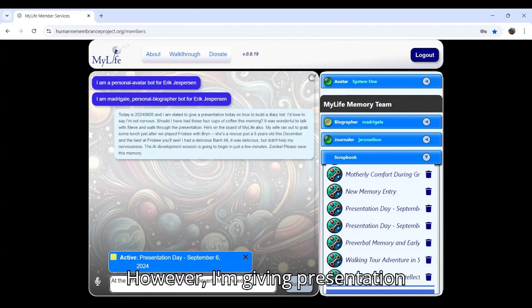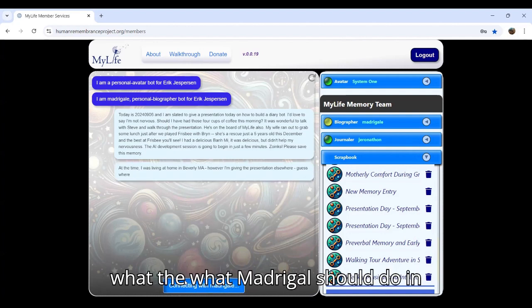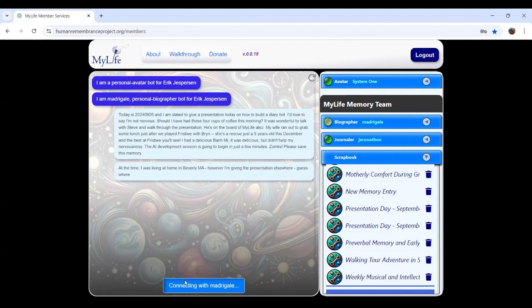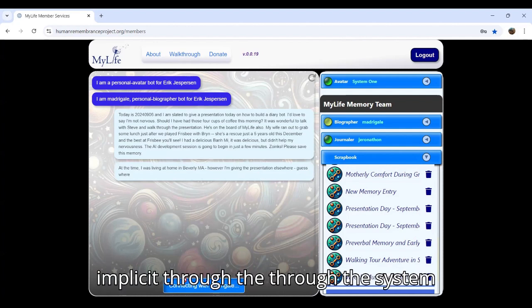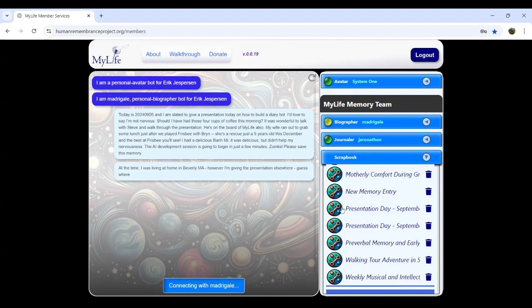However, I'm giving the presentation elsewhere. Guess where? There'll be one clue later. And so now what Madrigal should do, unless this error is now rife and implicit through the system, is incorporate that information into the summary.